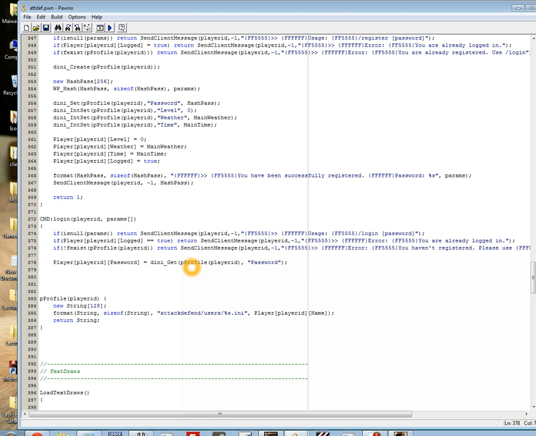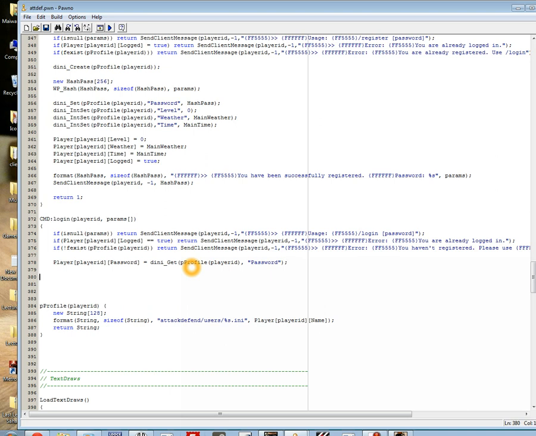We don't need to reset the player password because every time the player types login, it will reset anyways. It's gonna get the player password, and then we need to compare this password with what he put in. So you can type again new